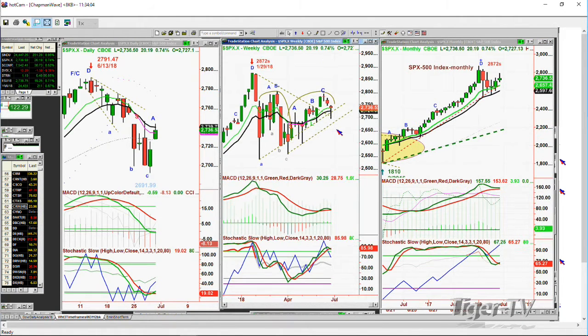If there is a close below 26, I'm going to make it a little lower. It should be 26, somewhere around 2665. I'm going to make it 2660. If there is a close below 2660 at any point, for whatever reason, I don't care, 1 week close, that monthly chart is going to suggest very strongly to me that the 9-period moving average of 2597 is going to